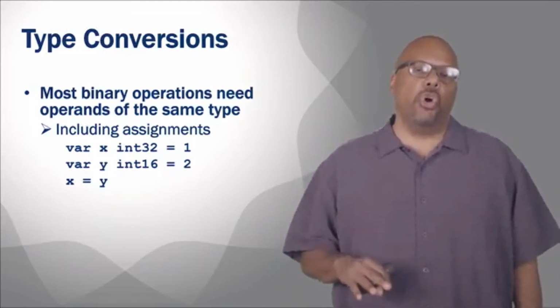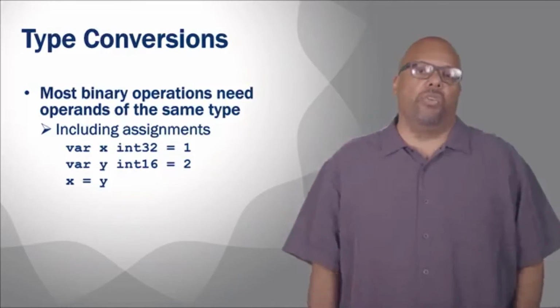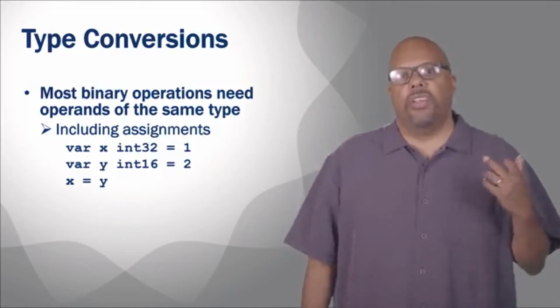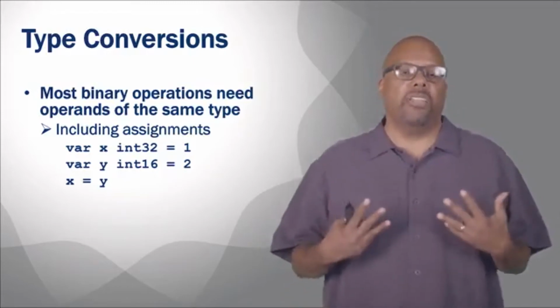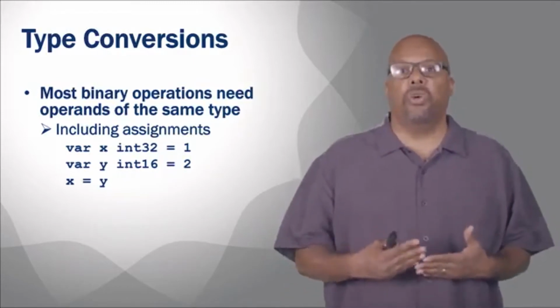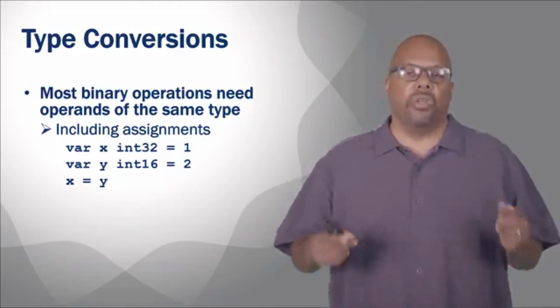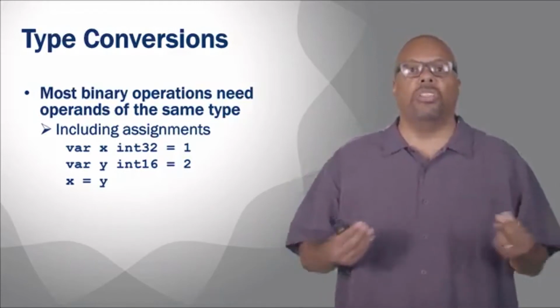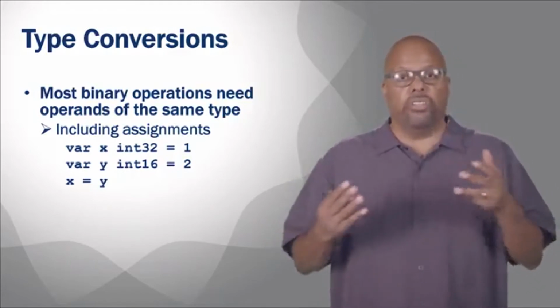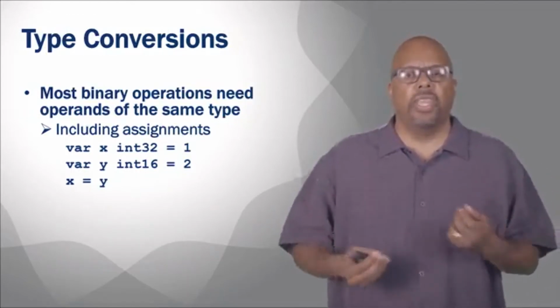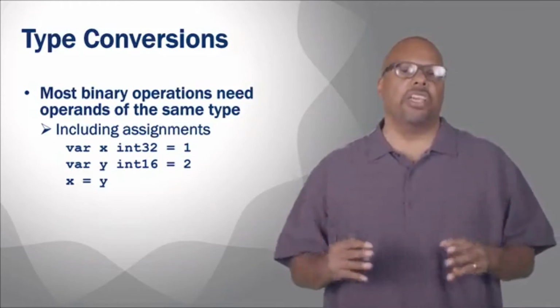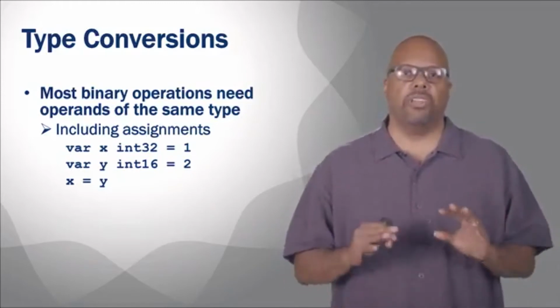That, as shown, would actually fail. The reason it would fail is that these two integers are actually two different types of integers. So the compiler sees them as two different types. Int32 is a different type than int16, so it'll throw an error when you try to set one to the other. When you assign like that, the thing on the left-hand side and the right-hand side have to be the same type. Even though they're both integers, the fact that they're different lengths means they're different types, and it throws an error.